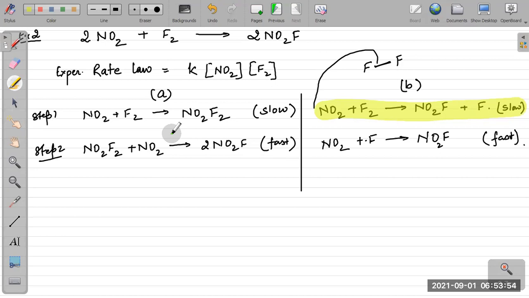Am I making sense? So by generating this kind of reasoning, we tend to discriminate different mechanisms and then find out the most right mechanism for any given reaction. Another thing is, this intermediate which is being formed, and then